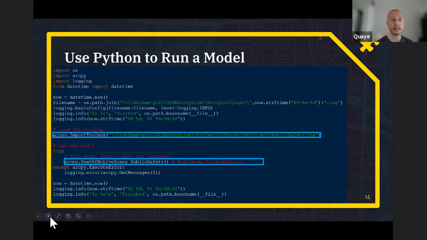And then the next ArcPy function is where I'm actually calling the model, following the format of model name underscore toolbox alias. And then I end the script with just the end time when the script has finished running.